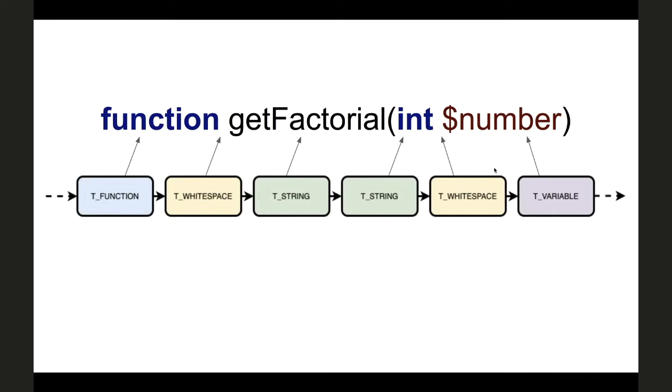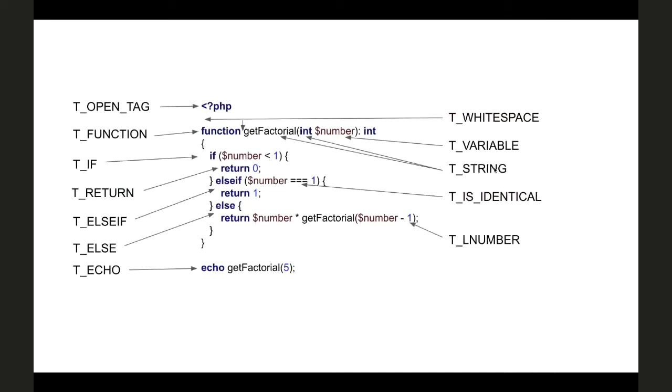If we have a type declaration, then there must be a white space and a variable, or there can be any variables. So this information is pretty enough to make testing work,